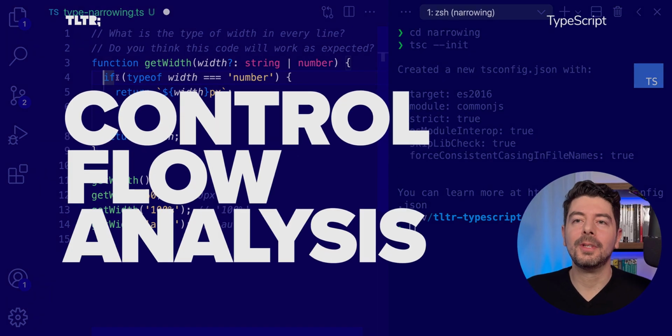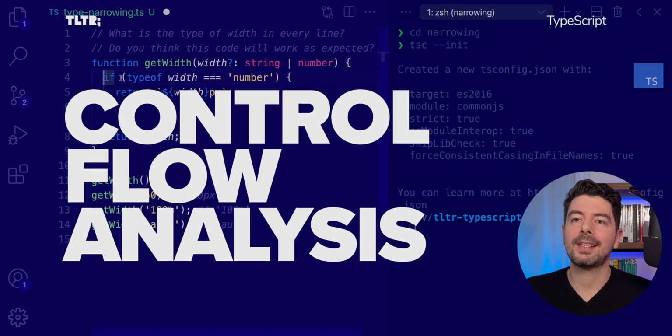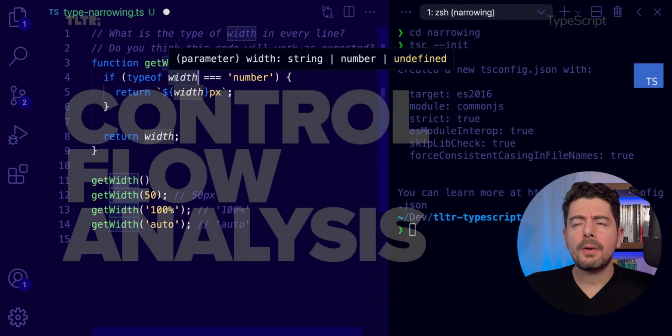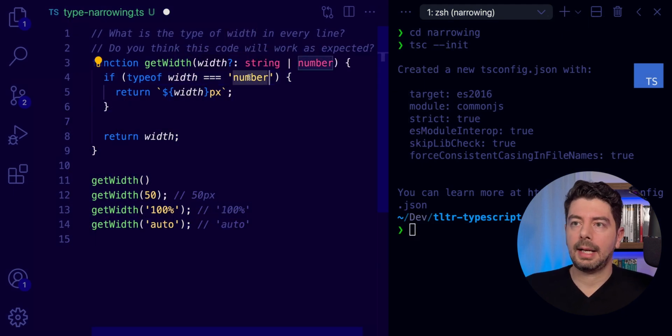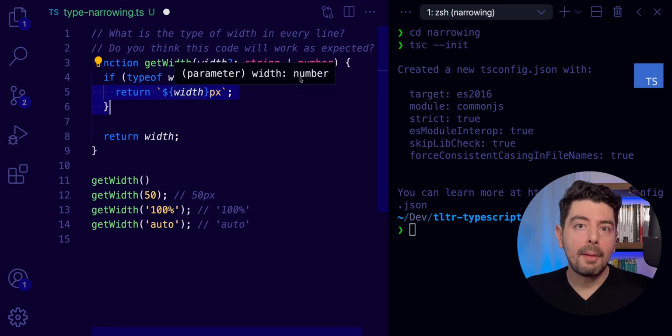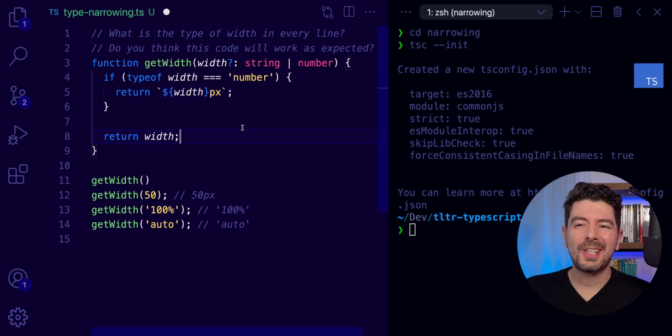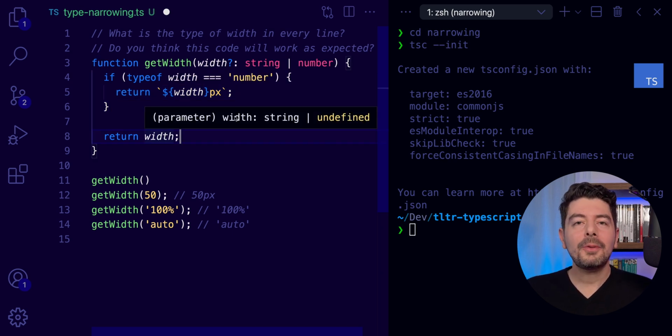TypeScript understood that we are within this if block. And since here we are checking if the type of the width is a number, since we are inside of the if statement, the width can be only a number, because there is nothing left for the width parameter to have as a type. So let's hover over for one last time,